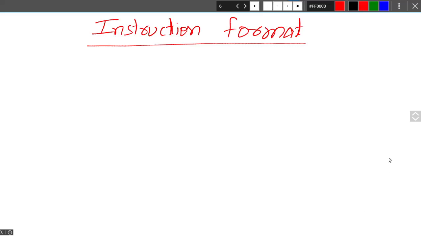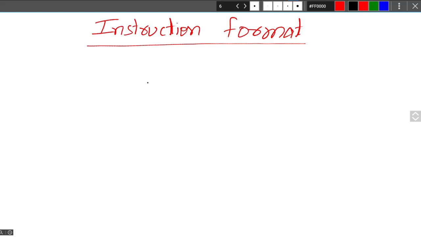So welcome all. Today we are going to see something about instruction format. We already know that an instruction is a sequence of binary literals, right? So here what we have to understand is what the parts of this binary sequence are responsible for, what they mean, and why they are there.